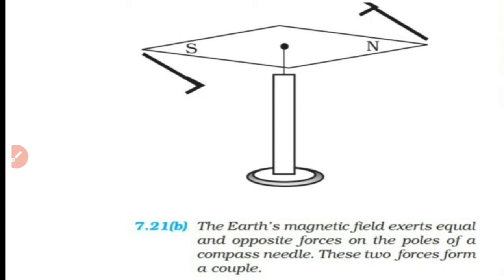Anyway, on the north pole and south pole, the forces acting will be in opposite direction, and you can see the lines of action do not coincide. They are not in the same direction. So these two forces acting on either side of the compass needle constitute a couple, and that couple produces torque. And due to the torque, it is rotating. That rotation only we feel as deflection when a bar magnet is brought nearer to the compass needle. Okay, this is a common experience.